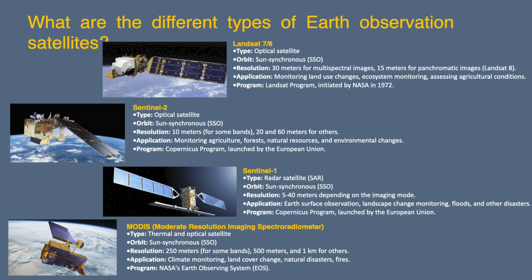By contrast, active satellites transmit energy toward Earth, then measure the returning signal to gather information about the Earth's surface. In general, active satellites can see through clouds. A common active satellite uses synthetic aperture radar to see through clouds, dust, and darkness, giving it the ability to provide around-the-clock information.